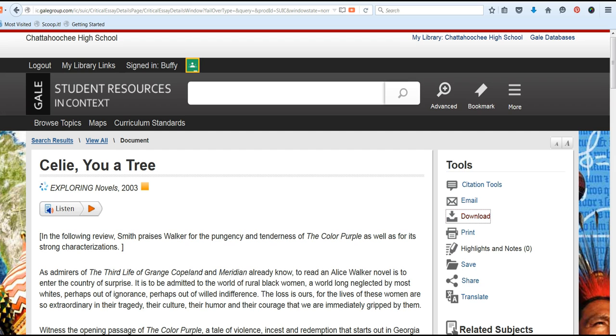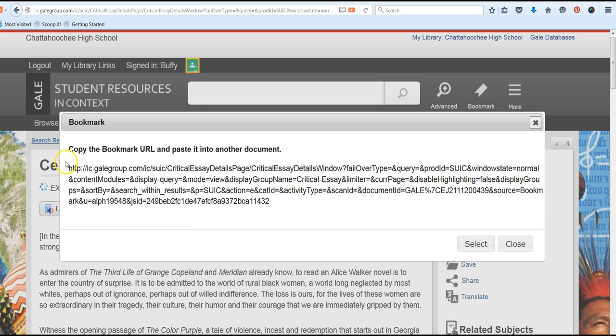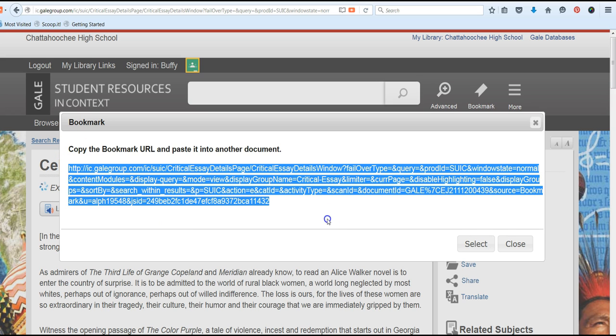One other thing that you might want to keep in mind if you decide to download the article into your Google Drive is to go ahead and copy and paste that bookmark into the article so it's easy to have quick access back to that specific work. Gale calls the true URL a bookmark. This URL up here will not get us back to that article. That's because we pay for access to this database, and it is behind a paywall, which we of course access through Mac and VIA. So if you want to capture the bookmark, click on that link and you can copy